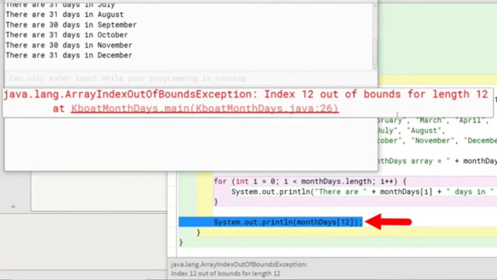The error is telling us that it is an array index out of bounds exception because index 12 is out of bounds for length 12. It means that the length of the array is 12, so the valid range of its indexes is from 0 to 11, and index 12, which we have specified, is